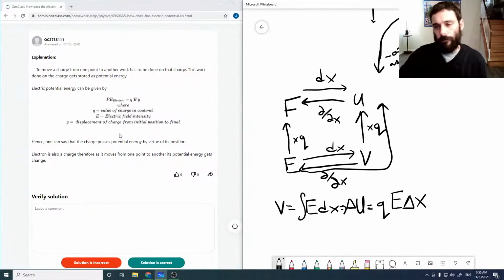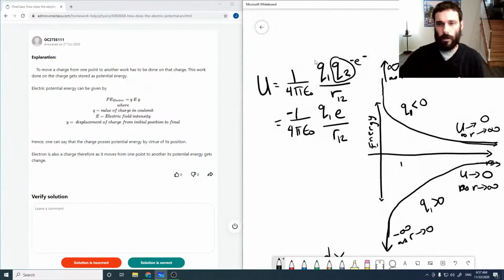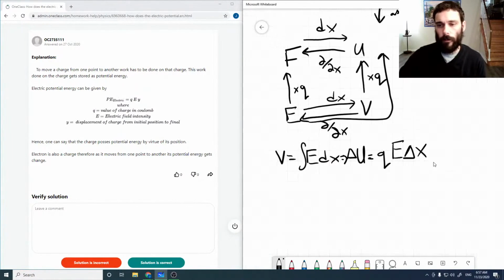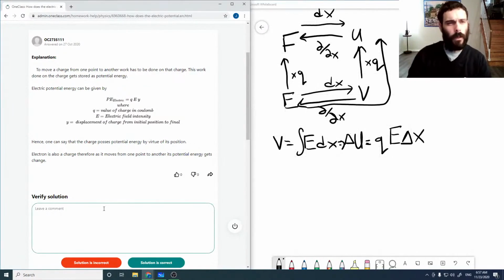And yeah, a charge does have potential energy by virtue of its position, which this kind of expresses, but then I think is more simplistically shown through just Coulomb's law. But also if you have not point charges but some electric field, then you could express it like this. And there's many other ways to do it as well. So I would say the solution is correct. The change in potential